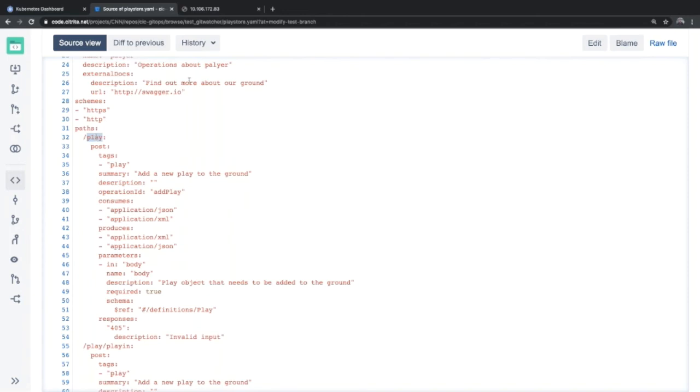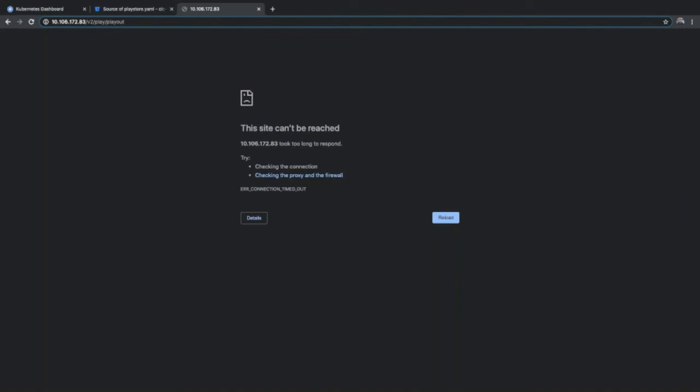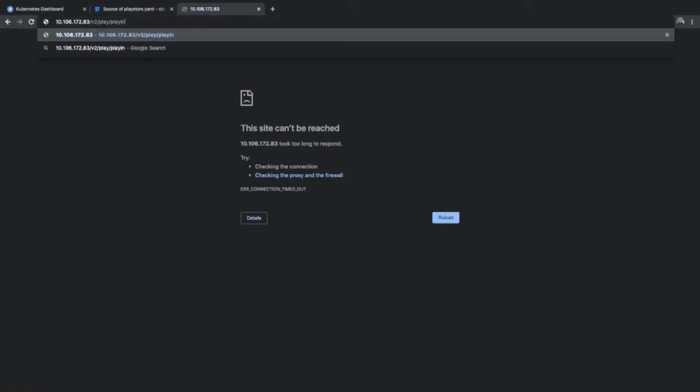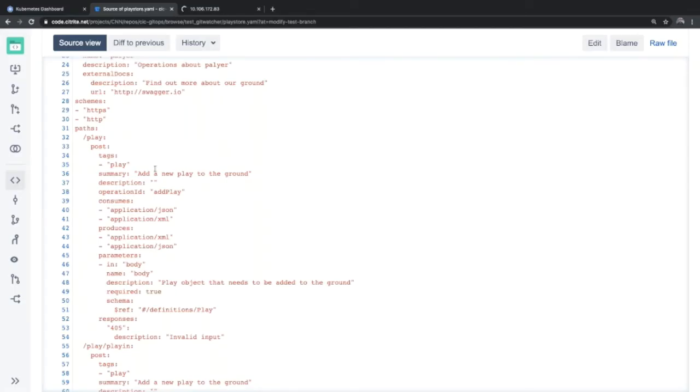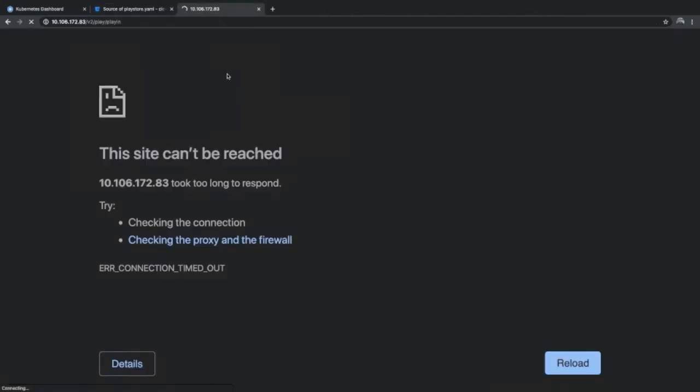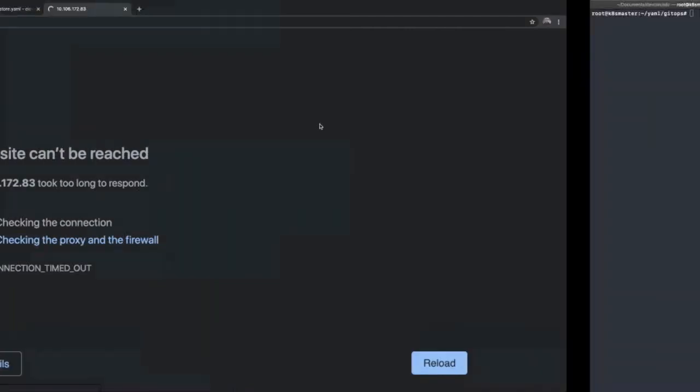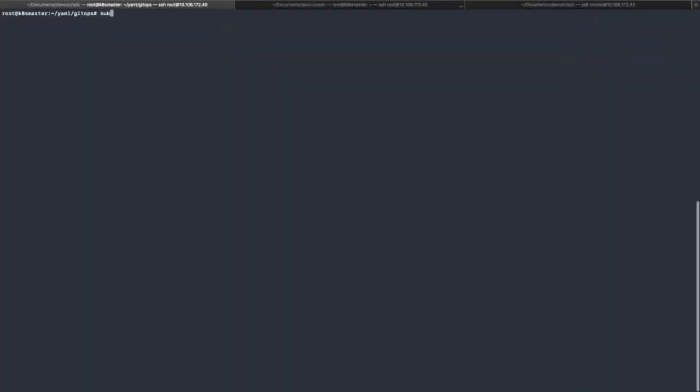Now let's try that. I'm trying to access one of the APIs which we have here. Since there is no path set, no policy set, nothing is available right now, though the microservice, which is an echo server that represents this Play service, is running there. But the infrastructure is not configured for that kind of routing yet. So let's apply this CRD.